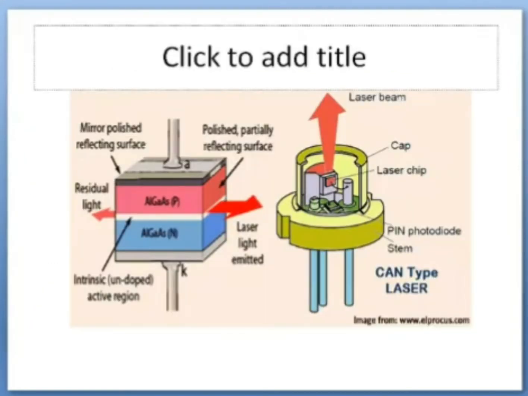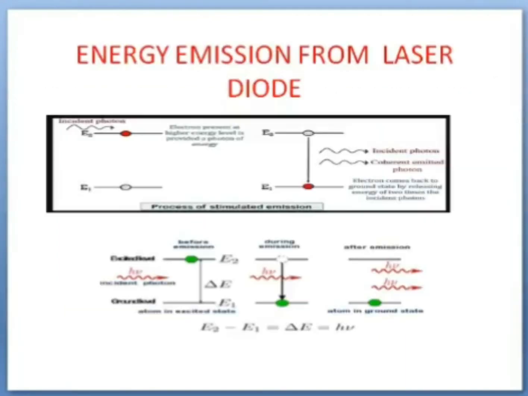Now, if we want to observe the construction part of it, we have the first picture which depicts the materials used here: aluminum gallium arsenide that is P type, and then aluminum gallium arsenide which is doped with N here. Both are light emitting materials only. Gallium arsenide is the mainly used material which supports light emission here. That is, high energy electrons go from one layer to the other layer. You can see in this diagram.